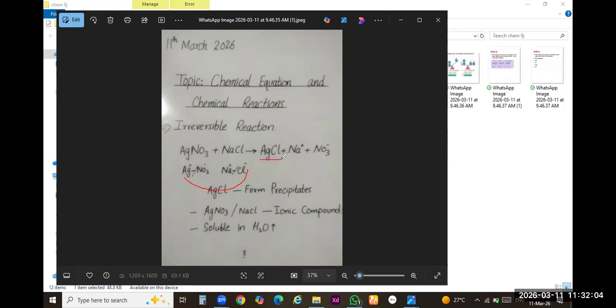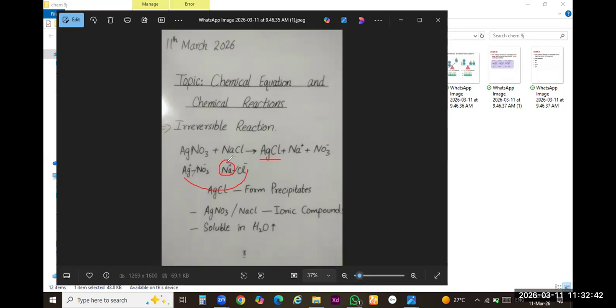You can say this formula, there is no charge written on silver and chloride because it's understood. The charge on silver is +1 and on the chloride ion is -1. So no need to write the charges now because we understand the term. We now know how to write the chemical formula. There is no charge on these elements in this compound, and there is no subscript or superscript value, which indicates that the valencies are offset. No need to write the valency.